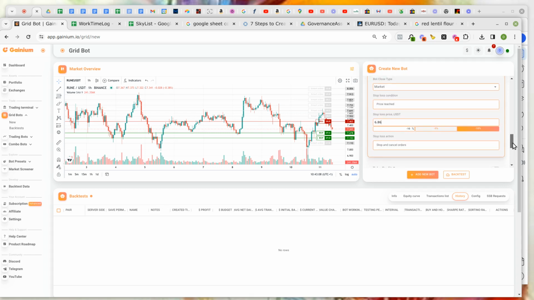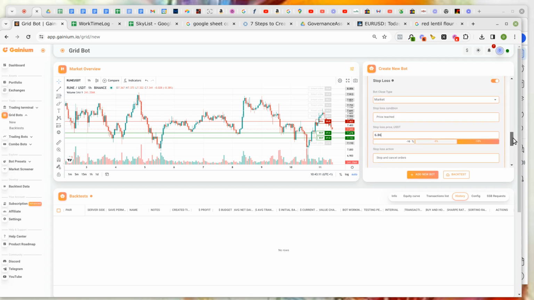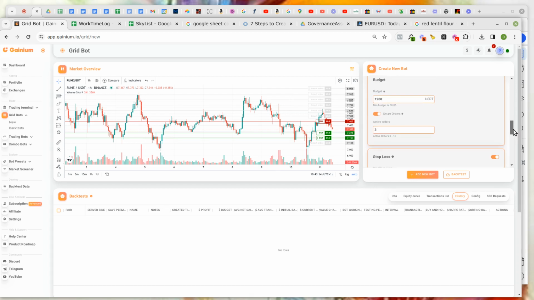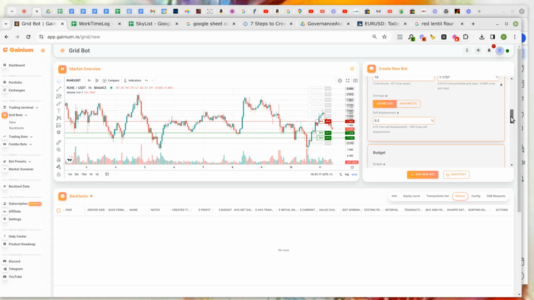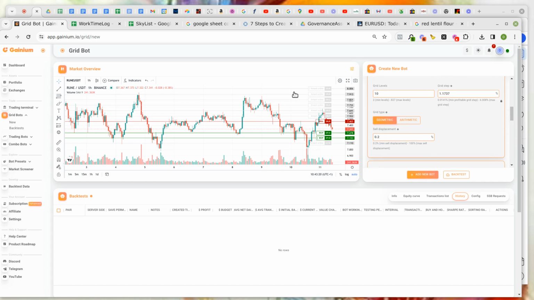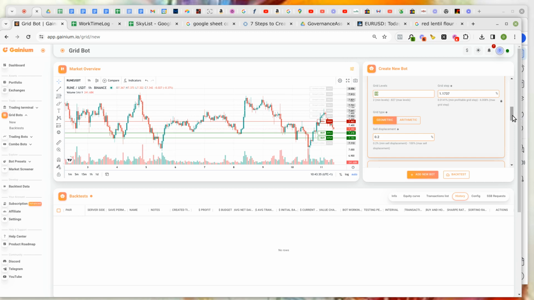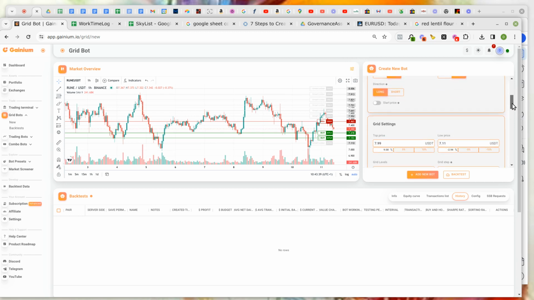Experimental features, fine. So just cross check. Stop loss is in place. It is on. Smart orders in place. Budget is in place. High and low. Now, why has that gone to 10? Okay, I'll live with 10. No, it's not. Oh no, sorry. Grid step 10. I'm being a plonker. Top price 7.99, lower price 7.11, stop loss 6.86. So I'm happy with the setup. Let's add that,